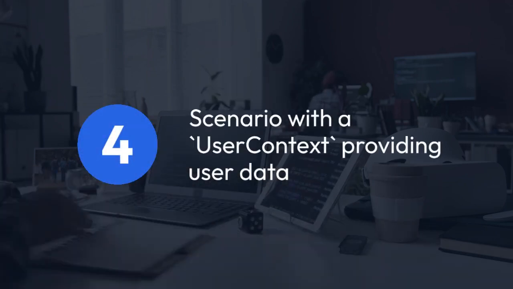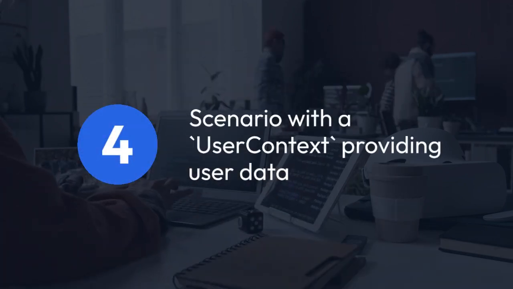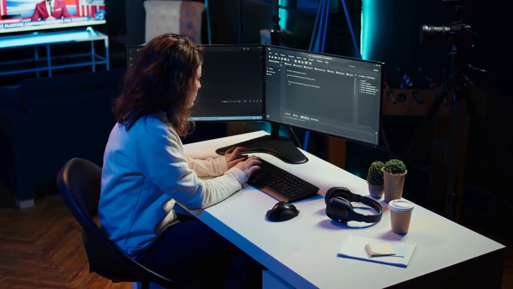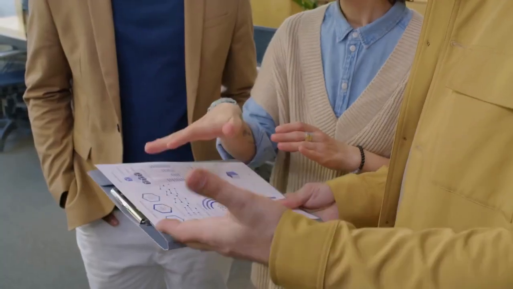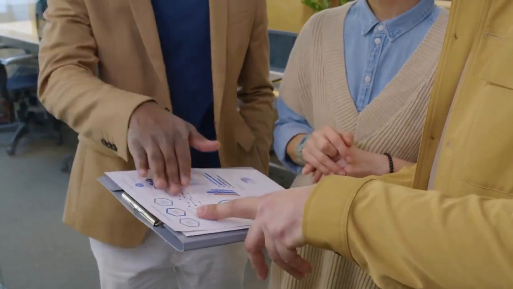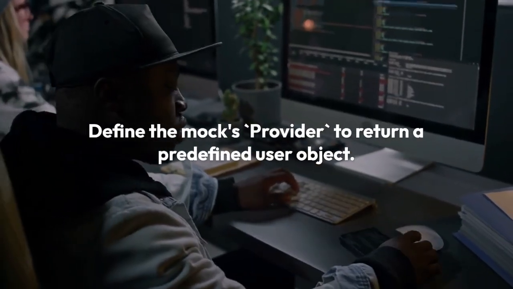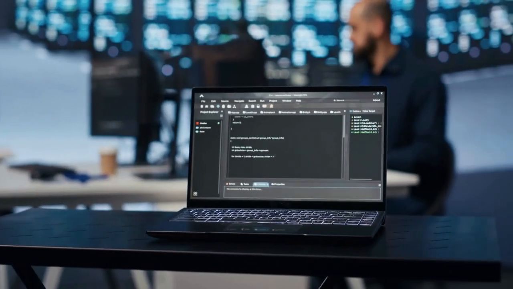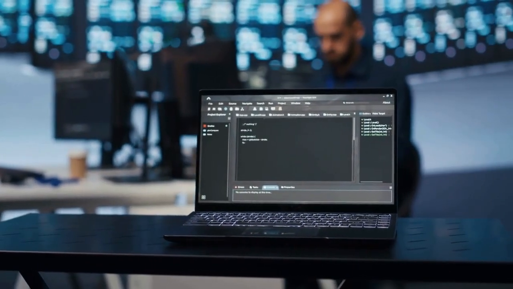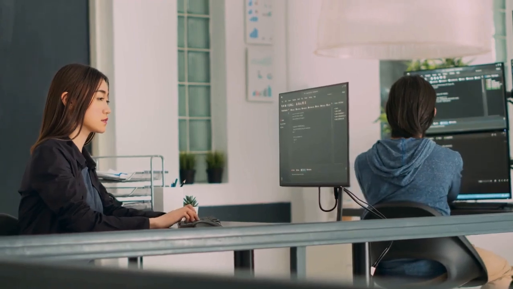4. Consider a scenario with a user context providing user data. To mock it, we would use jest.mock('./UserContext'), assuming the user context is in the same directory. We can then define the mock's provider to return a predefined user object. This ensures our component always receives the specific user data we want to test with, regardless of any external data